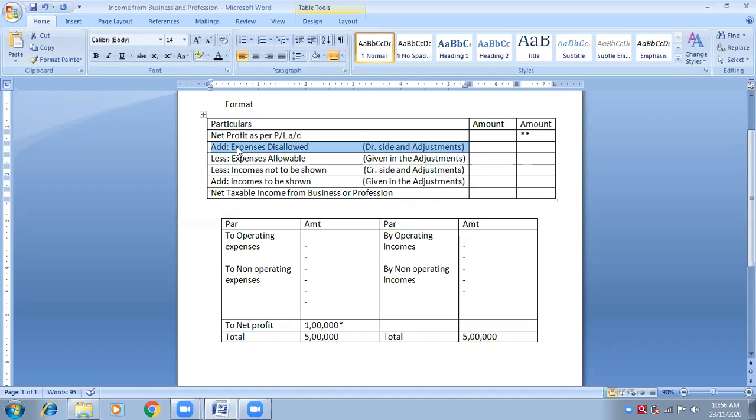Similarly, incomes are always to be added. Some incomes are added which we don't want. 2 plus 2. So 2 is already added in 2, and I don't want that second 2, the second income. So no problem. 4 minus 2 will become 2. So 2 is to be deducted, the thing that we don't want. If it is income, we will deduct. The things that we don't want, if it is expense, will be added back.